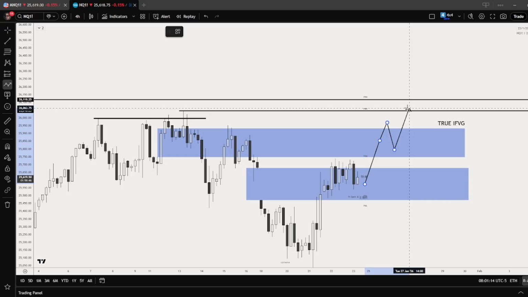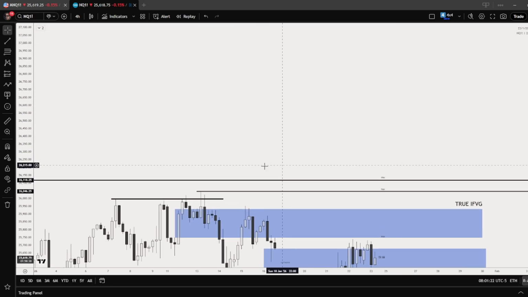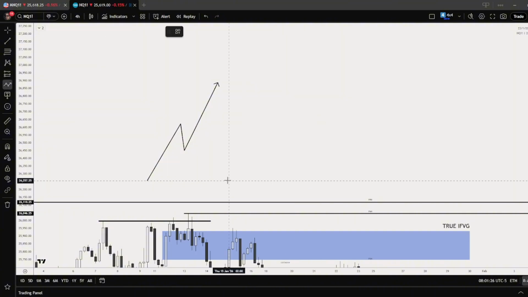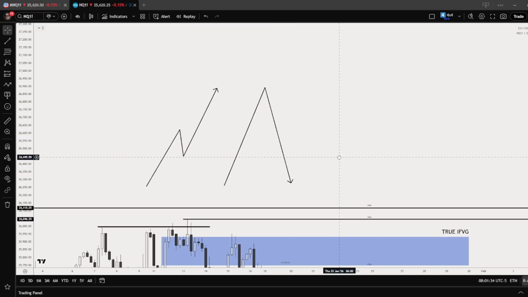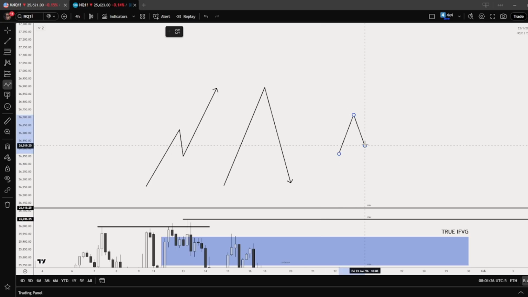anticipating the next distribution, because that's how phases of price work. You have expansion, retracement, expansion met with another expansion in the opposite direction. It means reversal. We have accumulation,